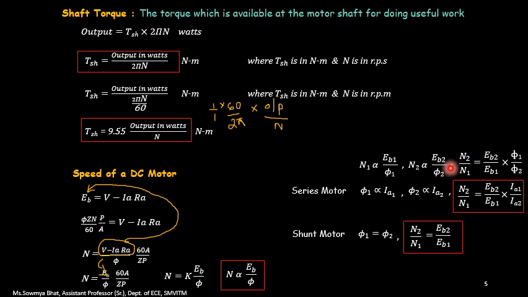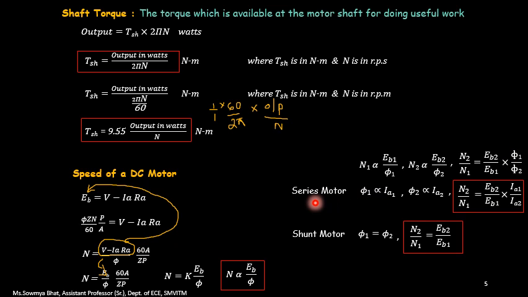So this kind of relationship between speed, back EMF as well as flux will be useful when you are going to solve problems in DC motors pertaining to two distinct cases. So you will be having two distinct cases given in a single problem, wherein these kinds of formulas will be very much useful. So depending upon the type of motor we are using, I will be designating whether the flux is directly proportional to the armature current or it is almost a constant value.